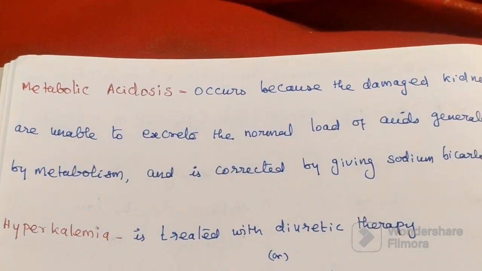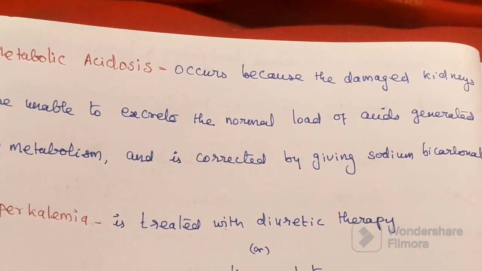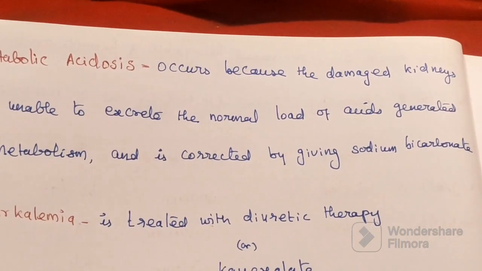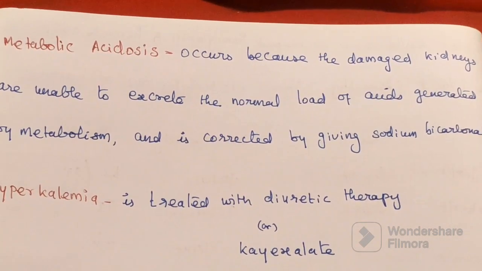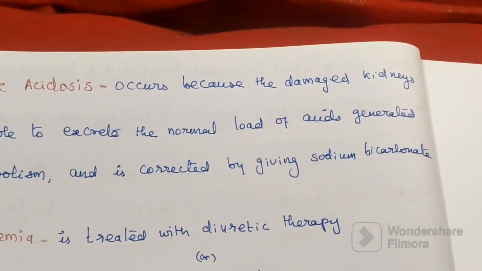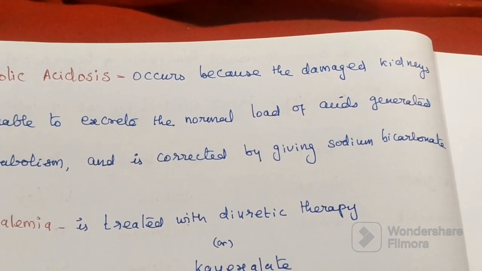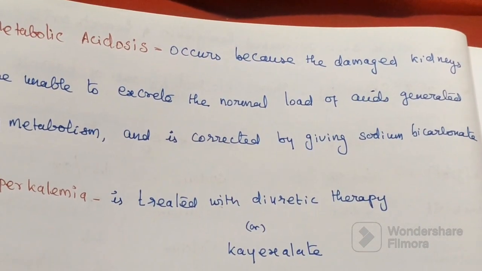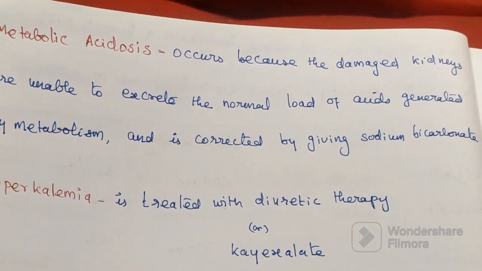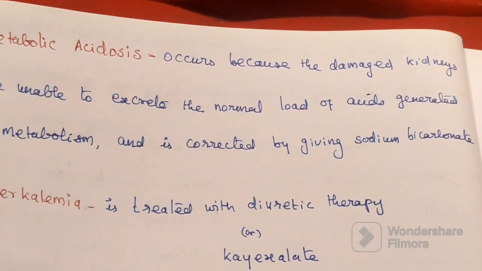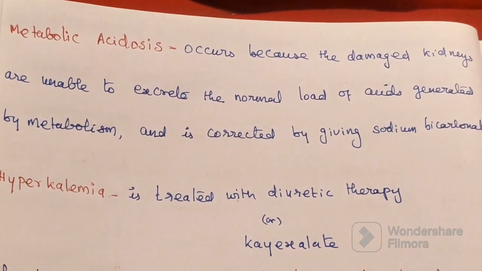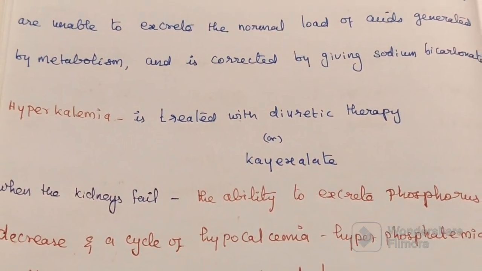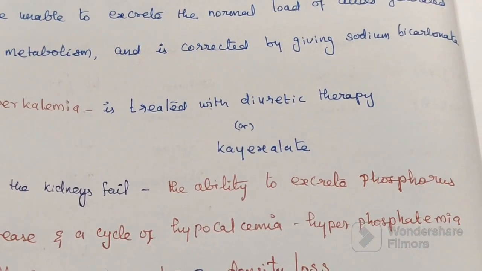Metabolic acidosis occurs because the damaged kidneys are unable to excrete the normal load of acid generated by metabolism, and it is corrected by giving sodium bicarbonate. Then hyperkalemia is treated with diuretic therapy